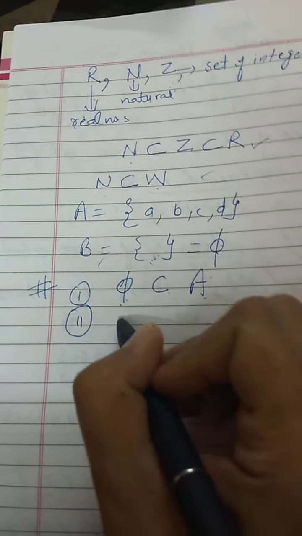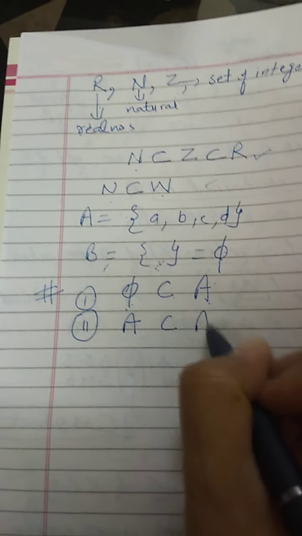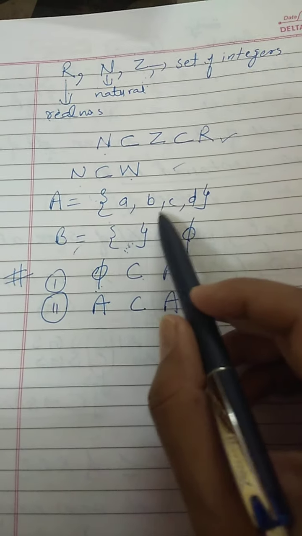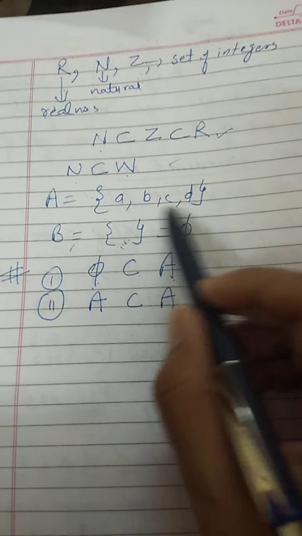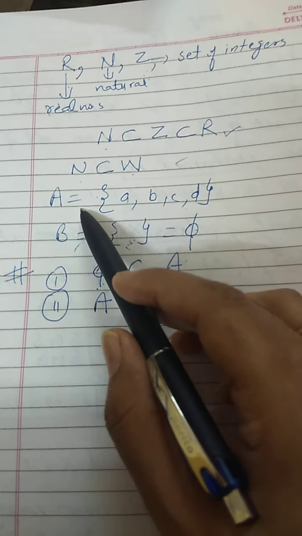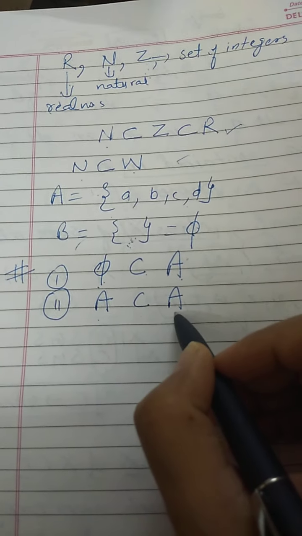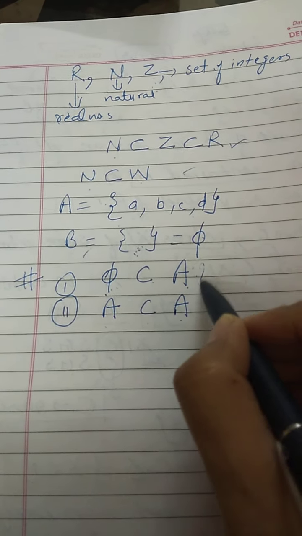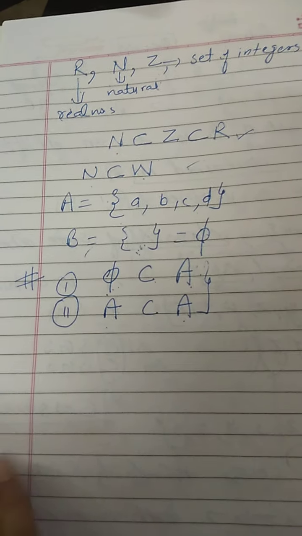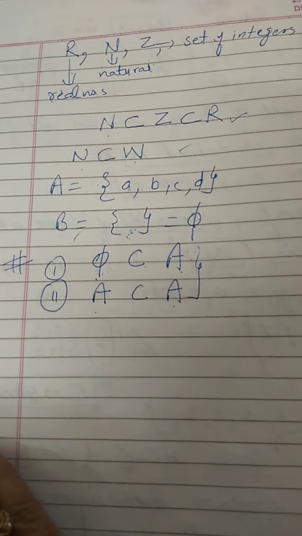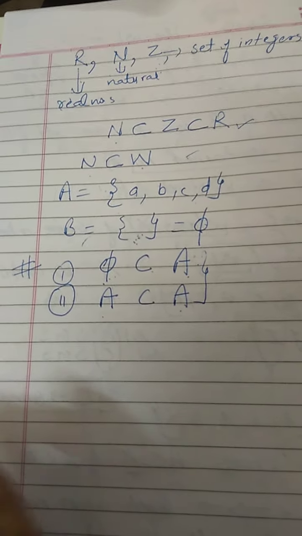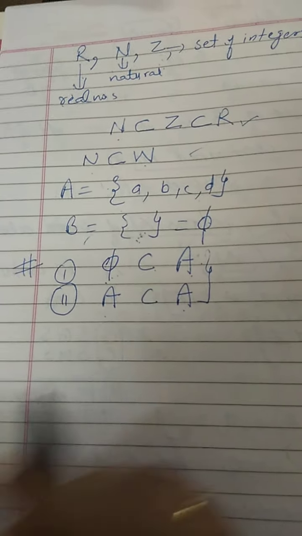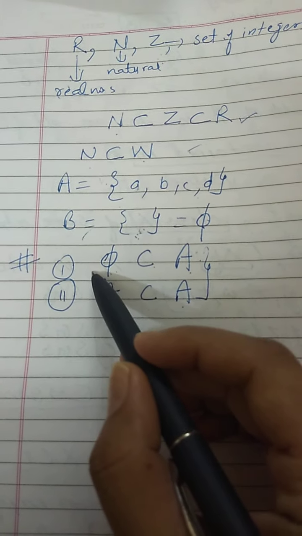And the second point, every set is the subset of itself. Every set, because if I write down a, b, c, d, and a, b, c, d, all these elements are contained in set a, b, c, d also. So every set is a subset of itself, and null set is the subset of every set. So these two important things are there, right? It means whatever set we write down, always at least these two subsets will be there. What are these two subsets? The set itself and the null set.